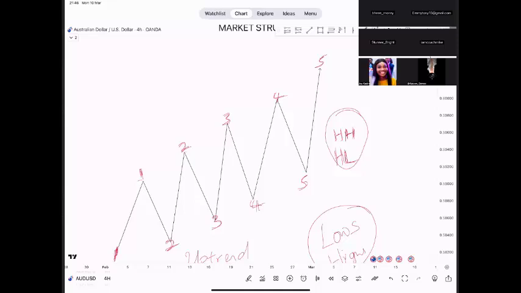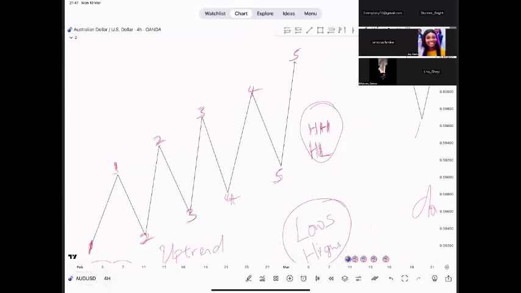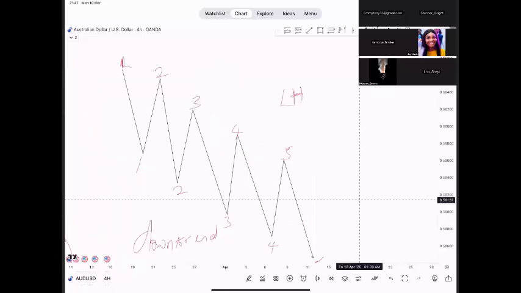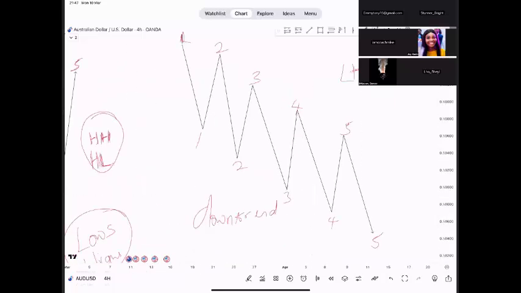The lows are protected because you are anticipating that price does not go below the low in an uptrend, but it must go above the highs in an uptrend, which means that in an uptrend, the highs are targeted, while the lows are protected. Now, the inverse for the downtrend. If you look at this now, for the downtrend,